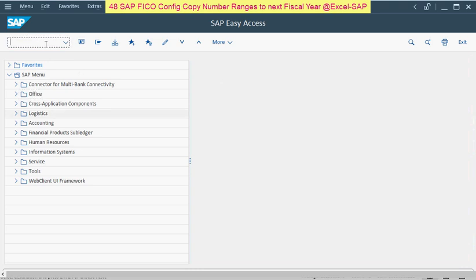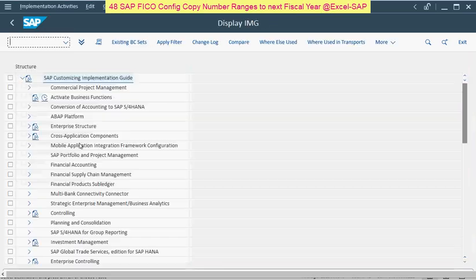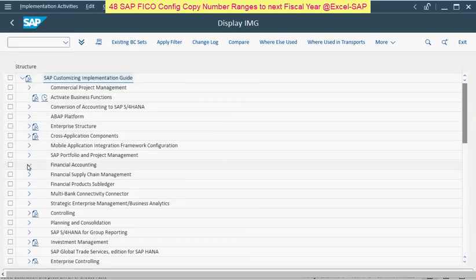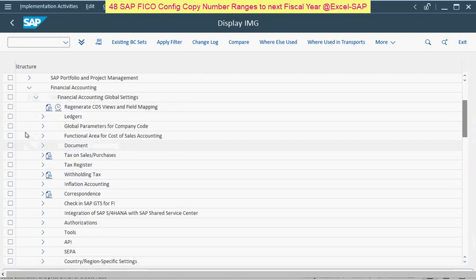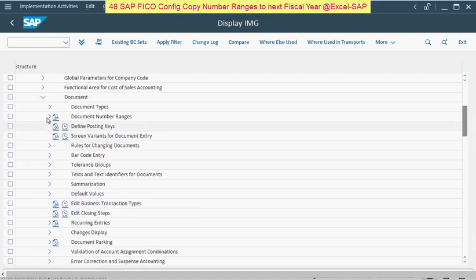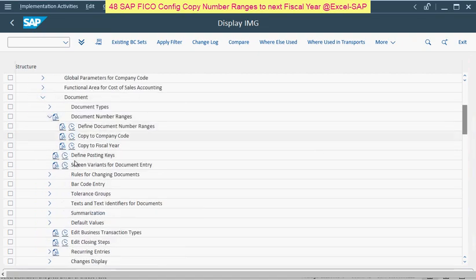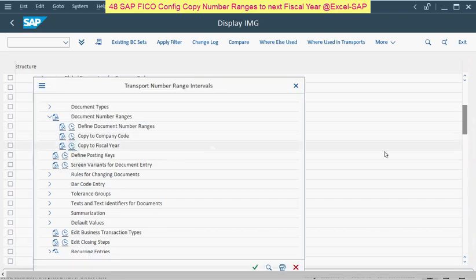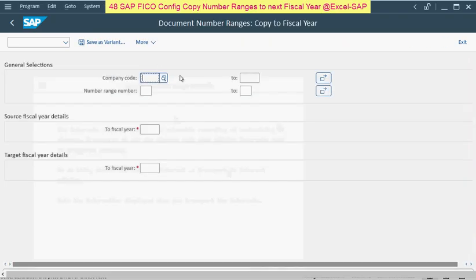So go to transaction code SIMG, then press enter. Go to Financial Accounting, Financial Accounting Global Settings, Document, and go to Document Number Ranges and Copy to Fiscal Year. Click on continue here. So here you have to enter the company code, number ranges range, then the source fiscal year and then the next fiscal year. So here you can see, for my company code of 70575, when I go to FBN1N,